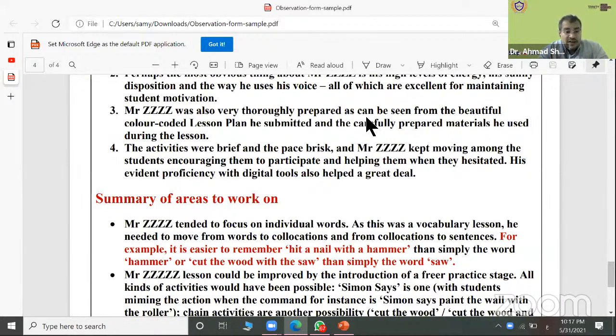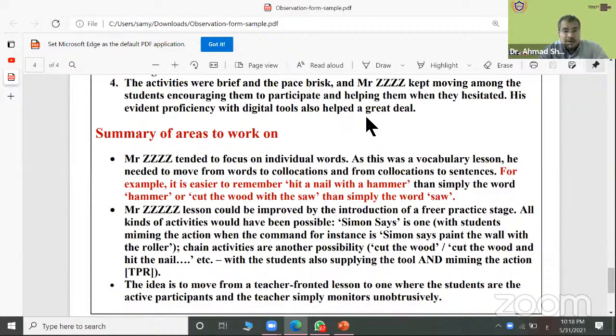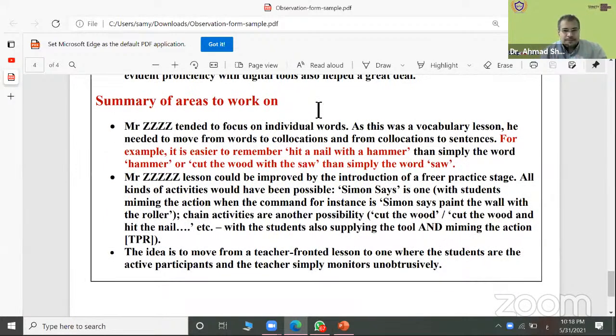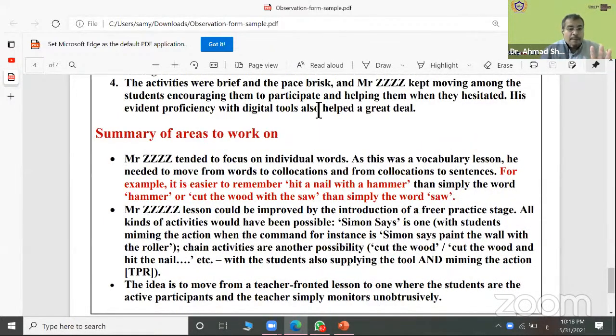The activities were brief and the pace brisk, and Mr. Z kept moving among the students, encouraging them to participate and helping them when they hesitated. So he encouraged students to interact. But the teacher has some points to work on. These are the recommendations, the points he needs to develop. Mr. Z tended to focus on individual words.